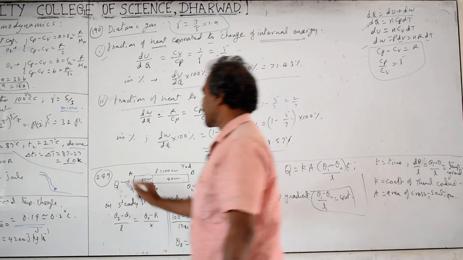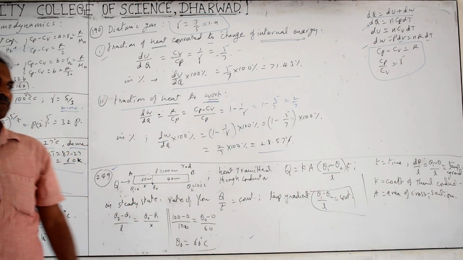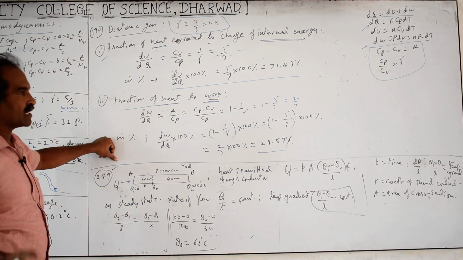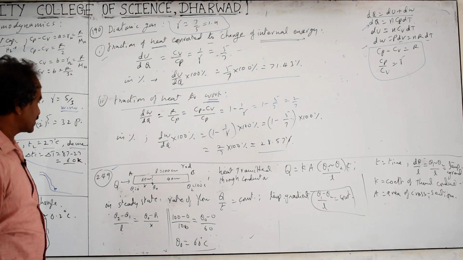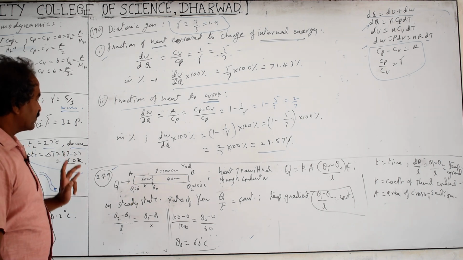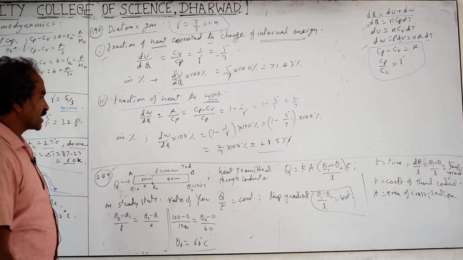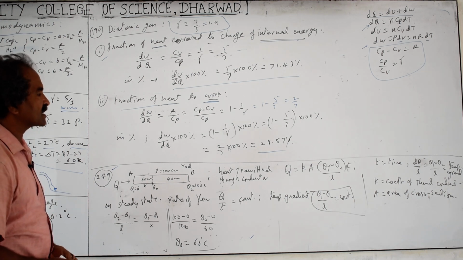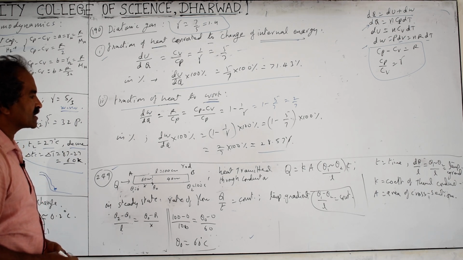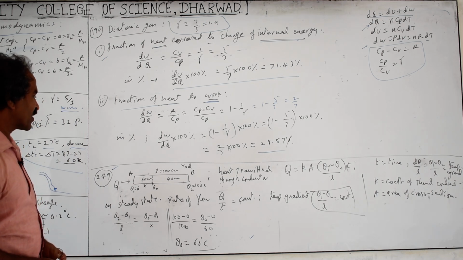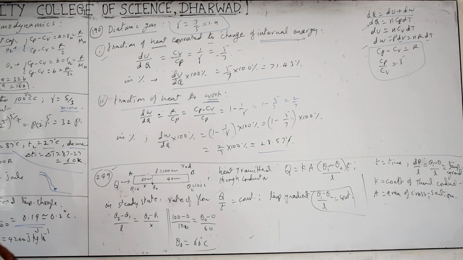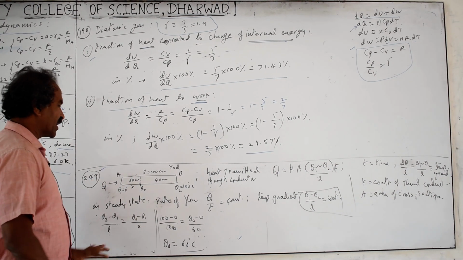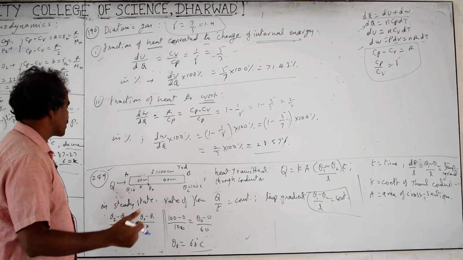Next, 247, transmission of heat. Heat is transmitted from one place to another by three modes: conduction, convection and radiation. Conduction takes place in solids, and also in liquids and gases under high pressures. Conduction is related to thermal conductivity. The fastest method of transmission of heat is radiation, that is electromagnetic radiation. Thermal radiations are electromagnetic waves, which are nothing but infrared radiations. Convection takes place in liquids and gases due to the motion of the molecules. Radiation doesn't need any medium; it can transmit in a vacuum also, with the speed of light.